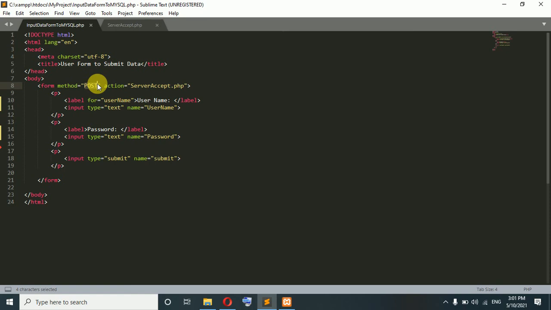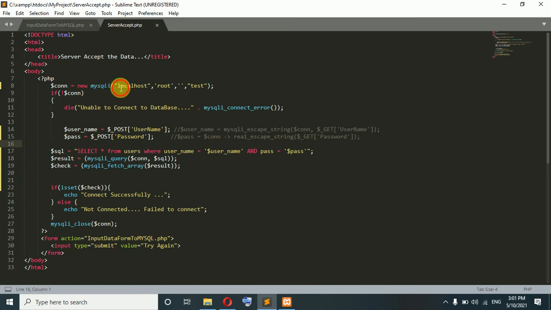So we use the POST method, and then we need to use a method like mysqli_real_escape_string. So we need to secure this through these functions: we cut it and paste it at the end,